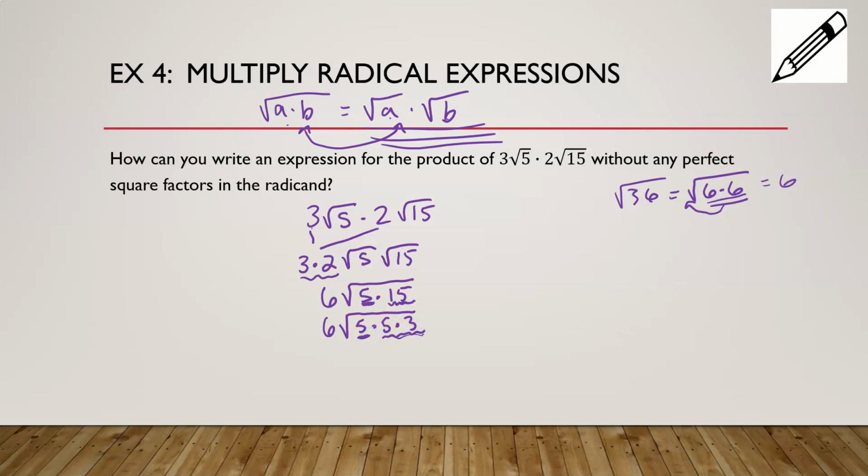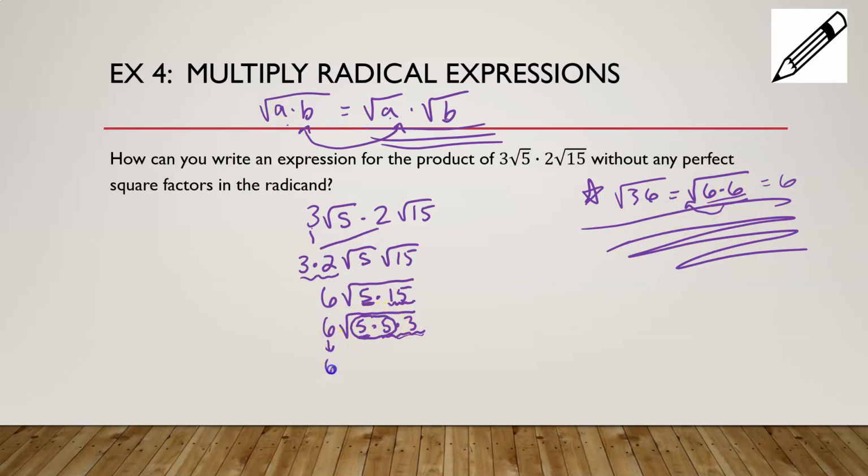And the reason I do this is because, using the strategy that I showed up here, I now have 2 5s under the radical. So they're going to come outside. The root 3 stays underneath. So 6 times 5 is 30 root 3. Okay, so when you're multiplying radicals together, rather than making it more complicated from the beginning,